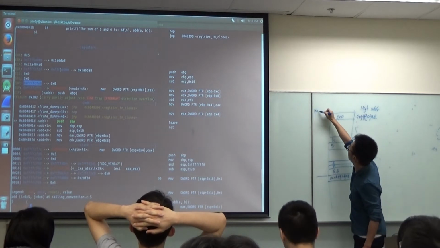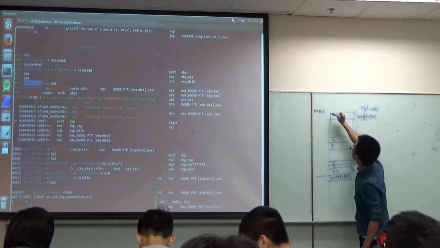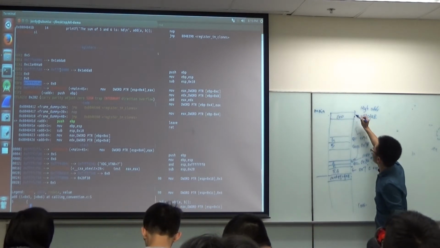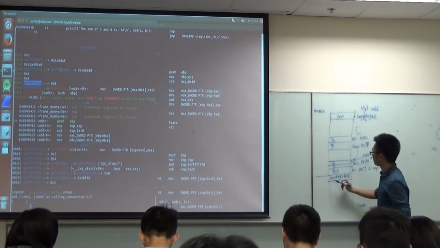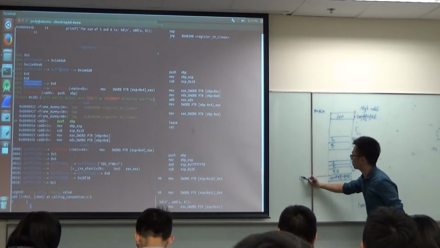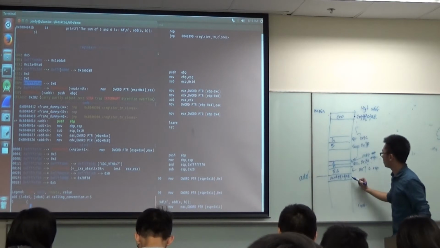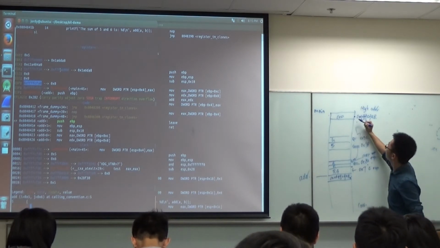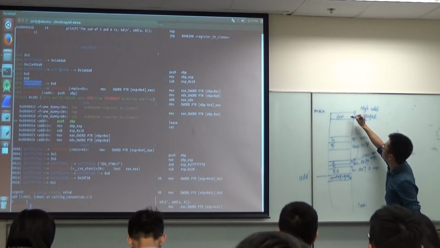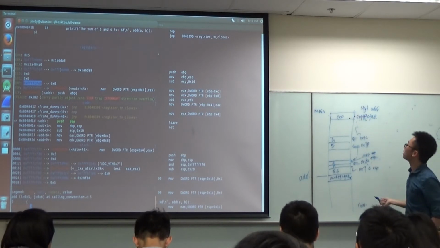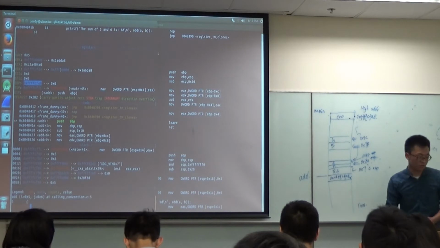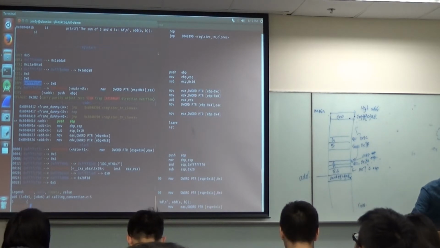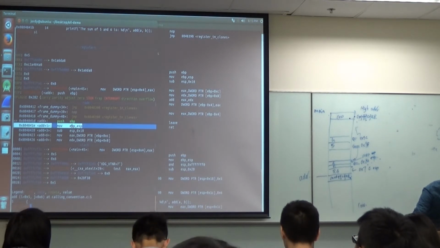For the main function, the frame pointer points to here, and for the add function, the frame pointer is the address of this frame pointer. And